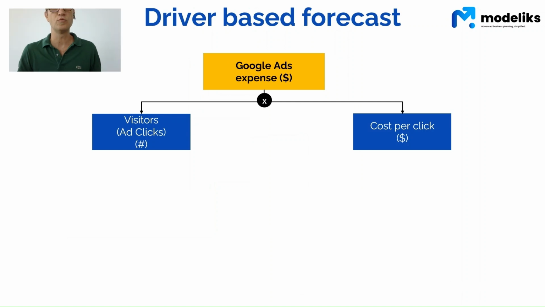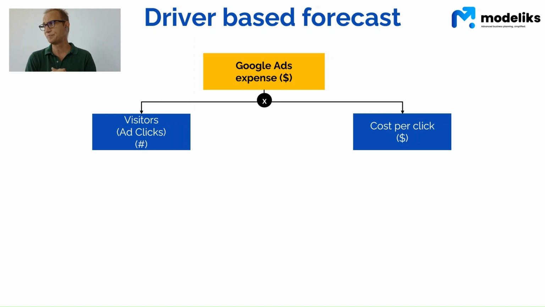Let's say we stick with the fact that we are a SaaS online company. We sell software services online, or software licenses. So we want to calculate our marketing expense, our Google Ads expense, how much we can expect to spend on Google Ads. Now, to calculate the Google Ads marketing expense, we would use two specific variables or drivers. Number one is the number of visitors that we get through Google Ads to our website, and this will be basically ad clicks to our ad, and we will multiply the number of clicks or the number of visitors